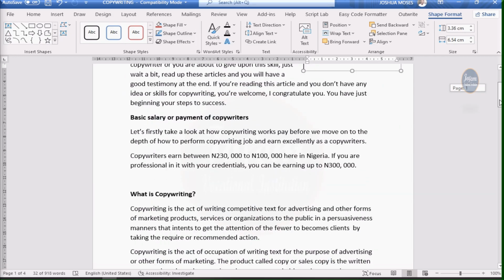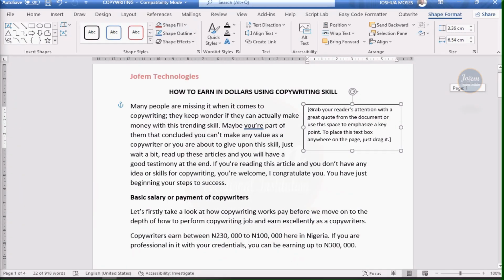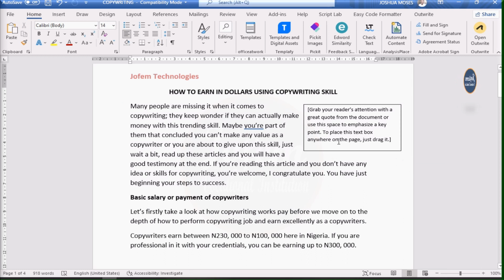It's good when you are writing an article or a book. When you are writing a book, in those pages you write a text box. A text box is useful for a summary. Maybe with the summary of what is here, you can put it in a text box, showing what you learn in this, what is read. When people read that text box, it attracts them to read the major content. You understand it now? So that is the usefulness of the text box.